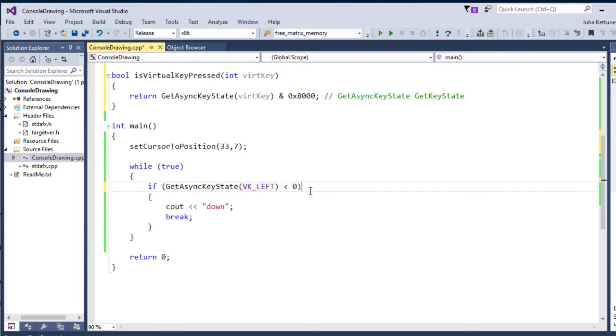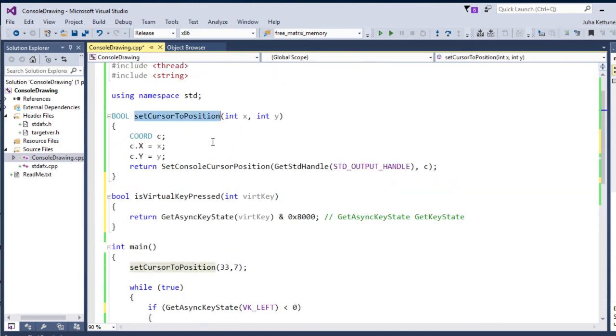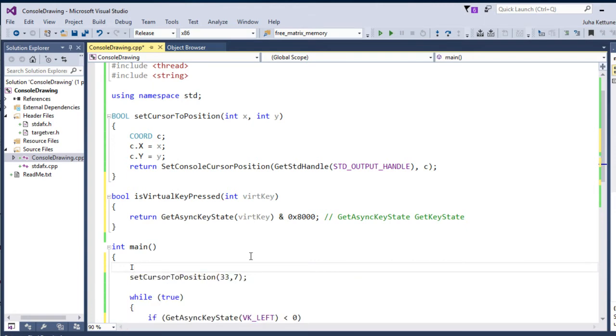Left. So if it's left, then we're gonna set the cursor. We could do here int x initializing to 0, y initializing to 0,